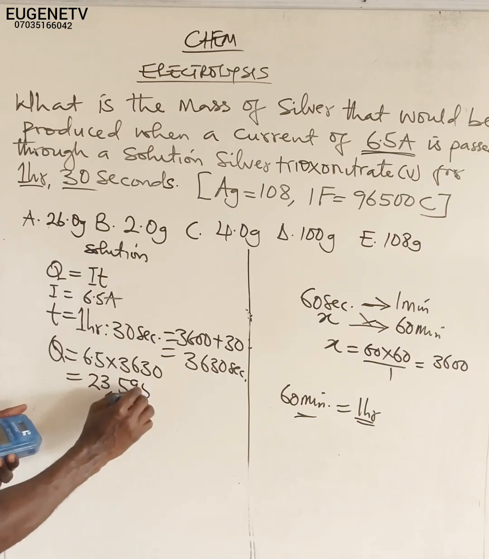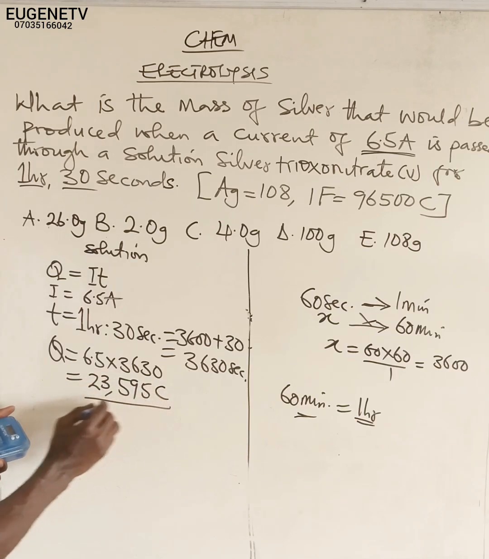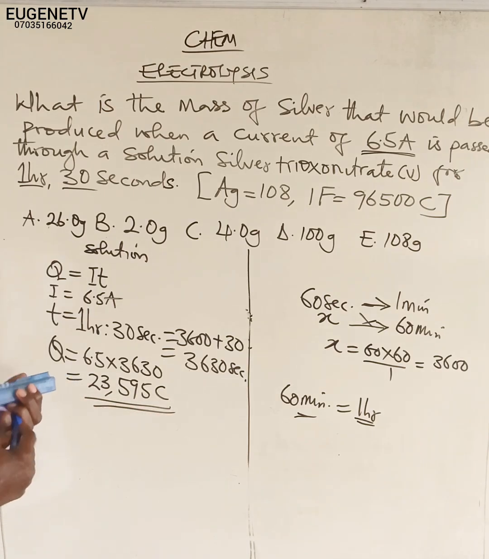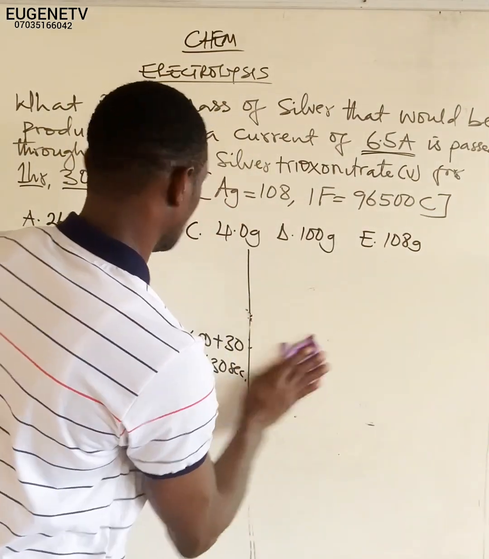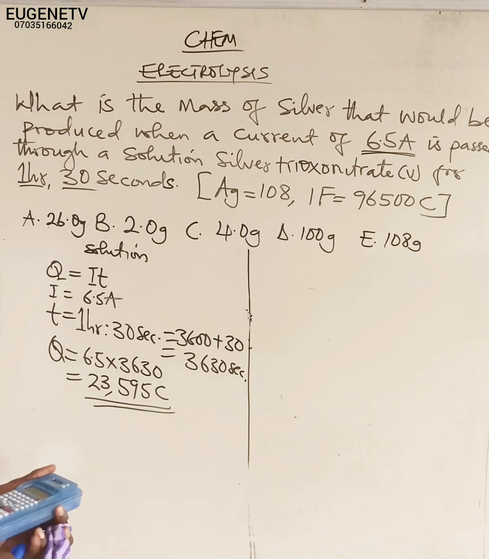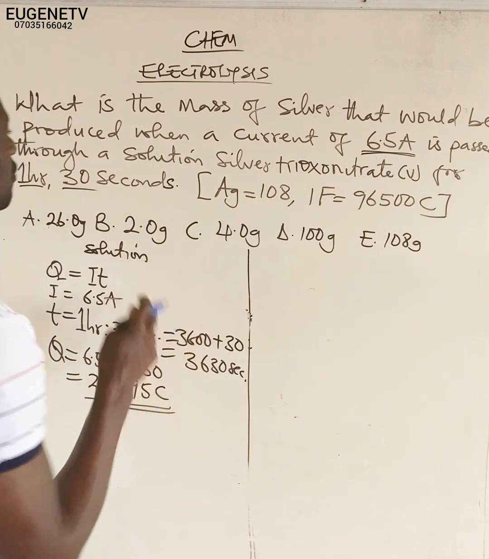23,595 coulomb. This is our quantity of electricity from the equation. So we know that, okay, let me erase here and come over here. What we are finding here is just the quantity of electricity. We know that if you have